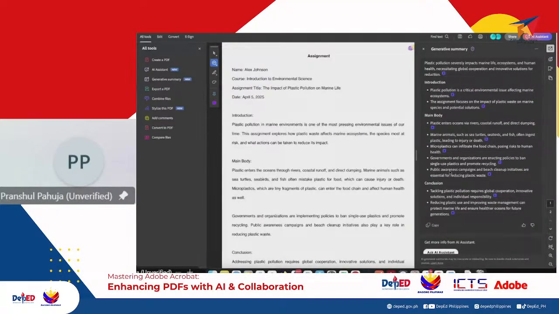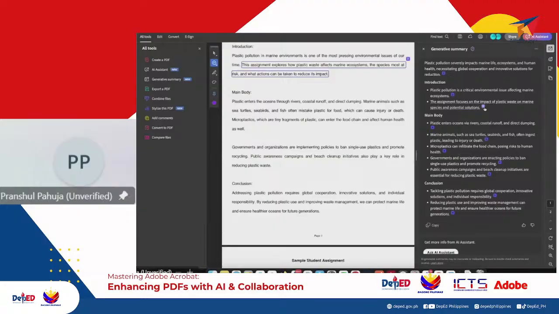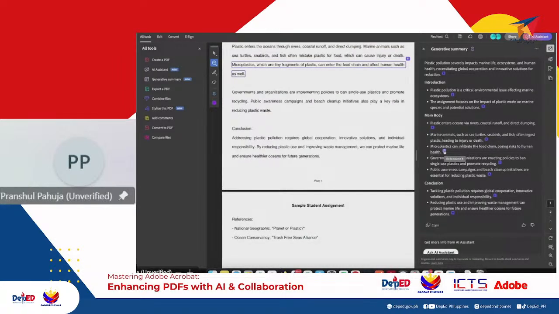Now, one of the most important things you remember, the very first point, generating high quality insights. What do we mean by high quality? What I mean by that is we are able to pinpoint where exactly AI got this answer. These purple boxes, 1, 2, 3, 4, we call this attribution. It pinpoints where exactly in the document it is getting this information from. So for each and every response you generate, you will be able to pinpoint where this information is coming from so that you can build credibility with the responses.